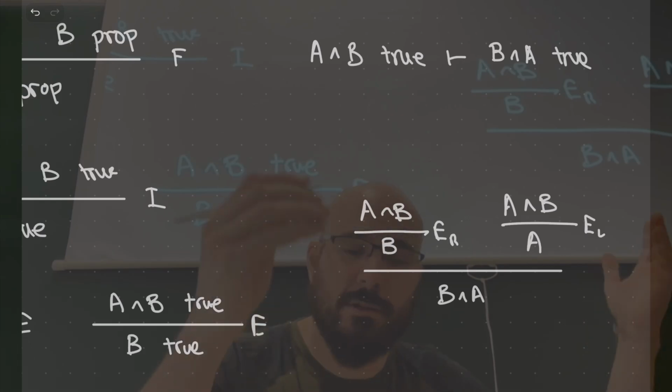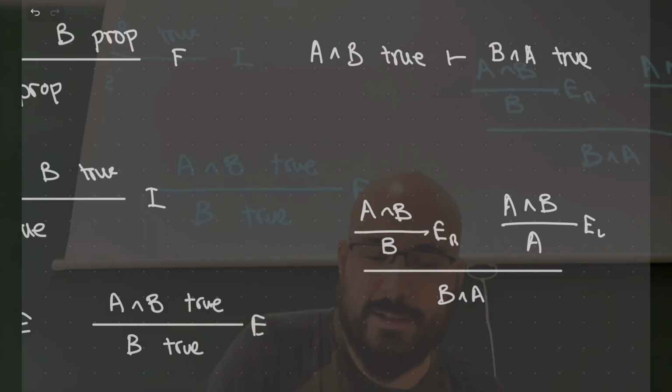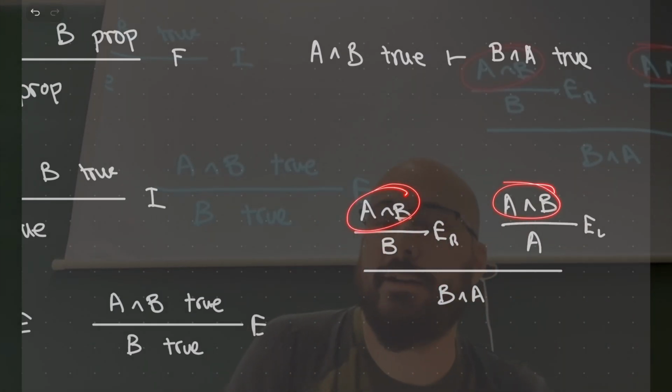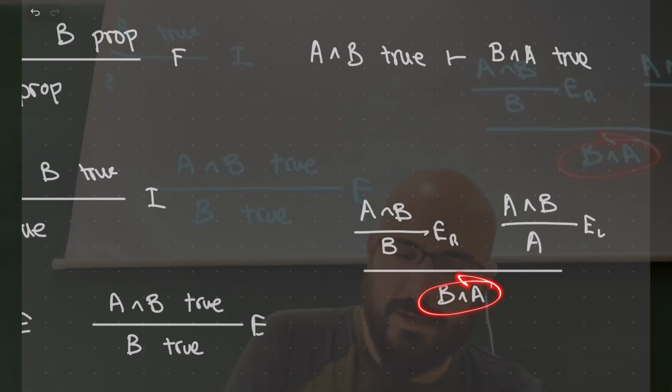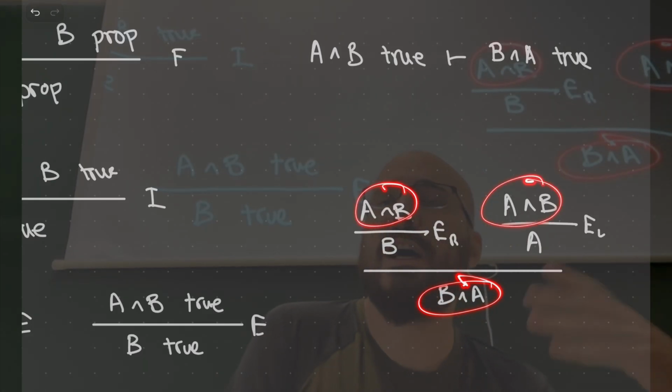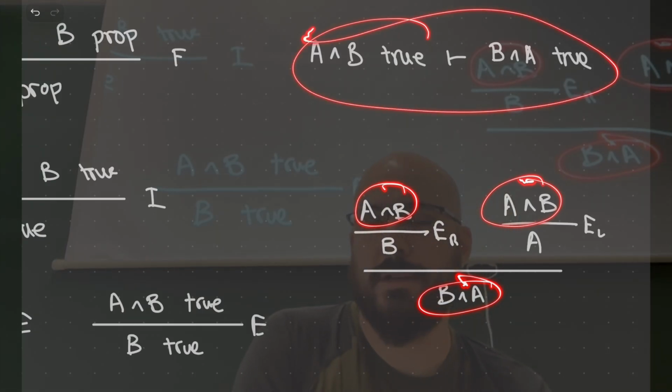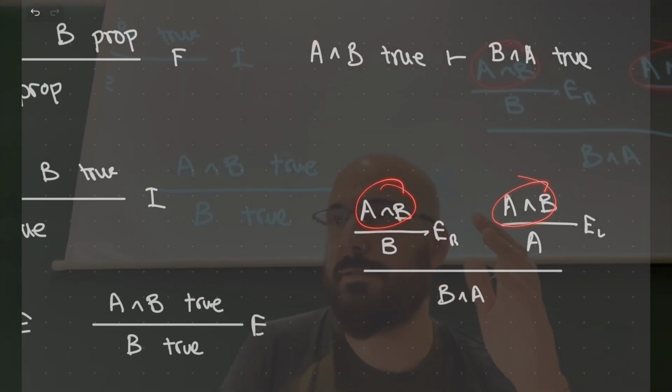I can read it top down, which means I start here and say, from this thing I can prove this, and then together with this, which I have proven from this thing, I go down, and finally I have a proof of this, which depends on all the open leaves here. So I don't have the right to say I proved this out of nowhere. I proved this, and I needed what? This and this. They happen to be the same proposition, so I get a way to say I have a proof of that. I may have various copies of this.